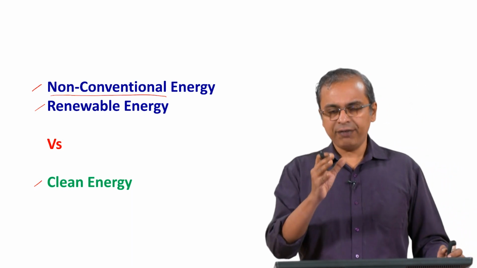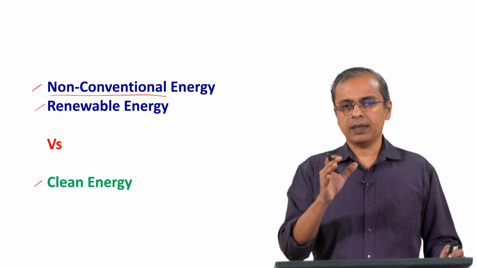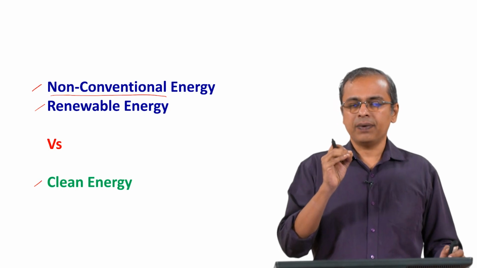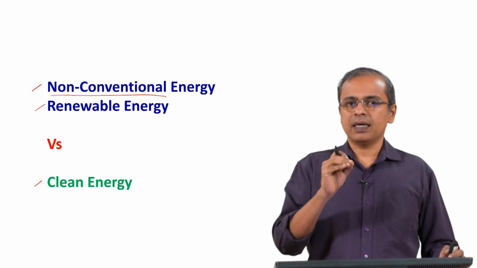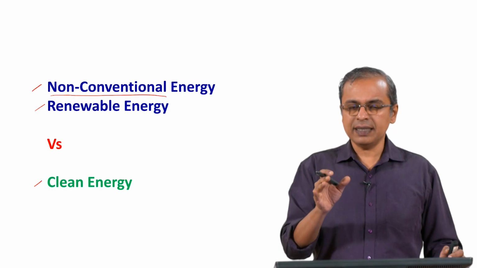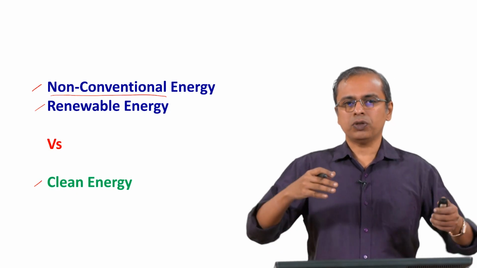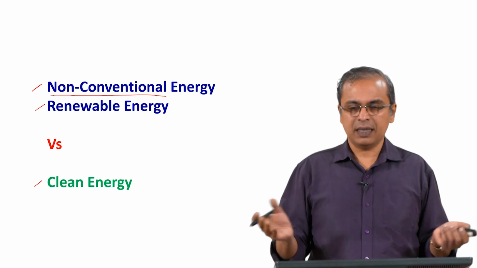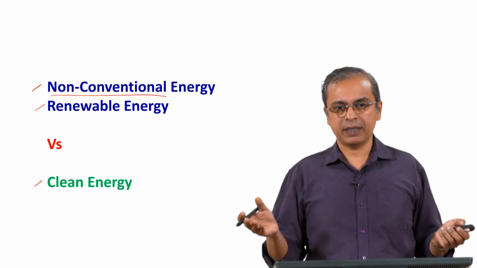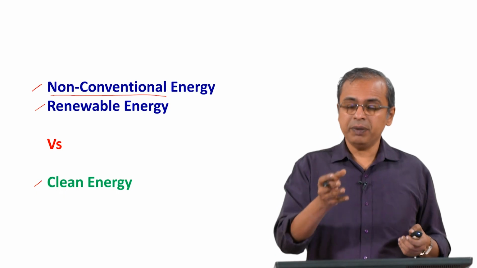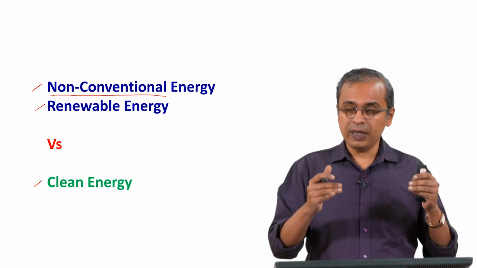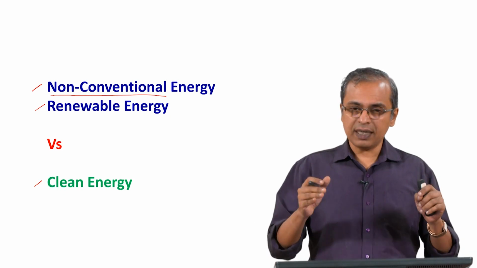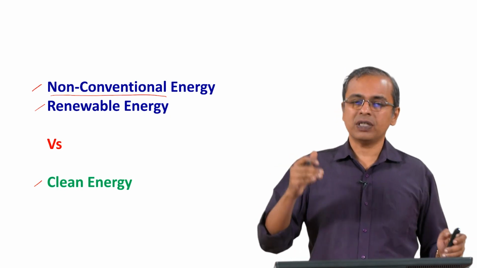So, first of all, if you look at this term non-conventional, that itself is a very difficult term to pin down accurately. When we say non-conventional, it means different things. First, it simply means it is not the most common way in which we are doing something. However, we have to remember that this is being used only in today's context. So when you say non-conventional, it is non-conventional from the perspective of what is happening today.